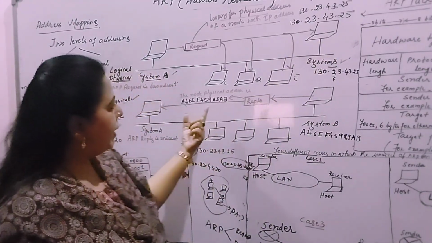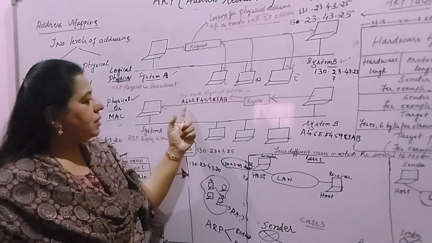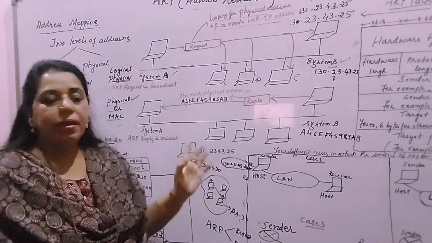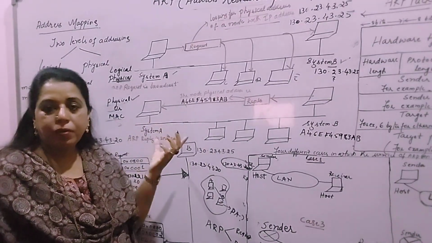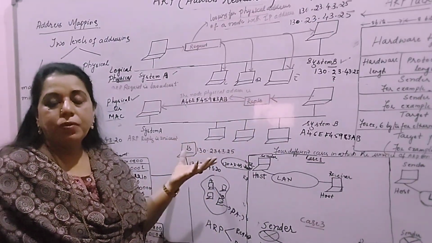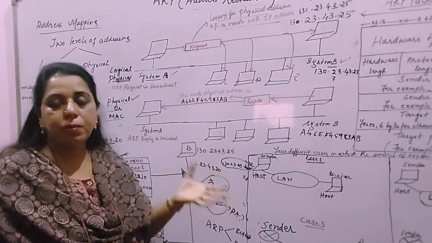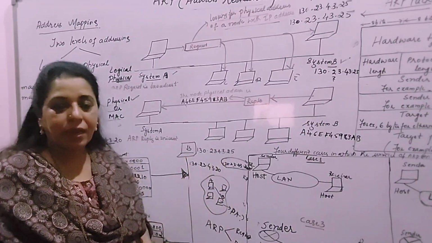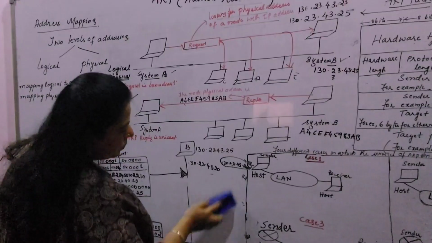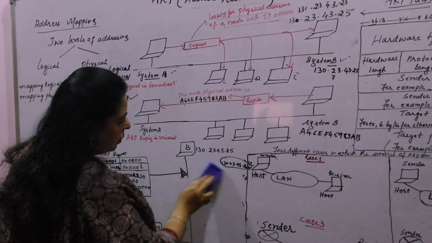The reply comes like this: the node's physical address is A46EF45983AB. This way system A comes to know the physical address of system B, and in future it will make use of this address. Now it knows both the logical and physical address and will start communicating. When I say that the request is broadcast, how exactly it works, that concept also